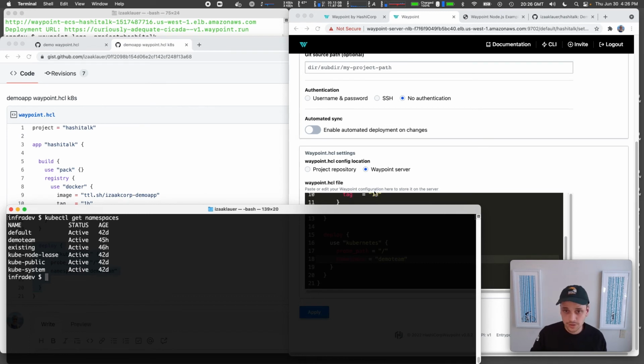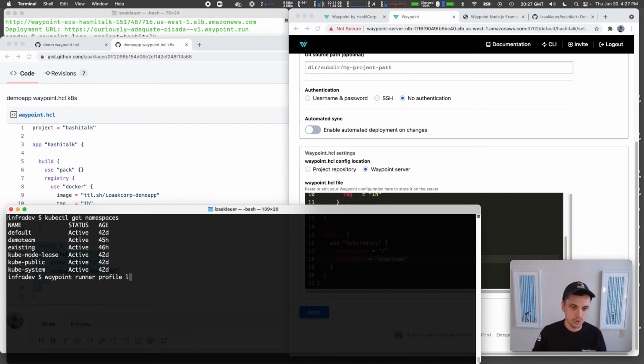The other thing I'm going to want to do is change it so that the operations themselves, the Waypoint operations, build, deploy, release, execute on Kubernetes jobs instead of ECS tasks. The benefit of doing it here in Kubernetes is that I can then use Kubernetes service account auth instead of having to take a kube config and give that over to my ECS runner. It's more secure. It'll also be faster. And to do that,